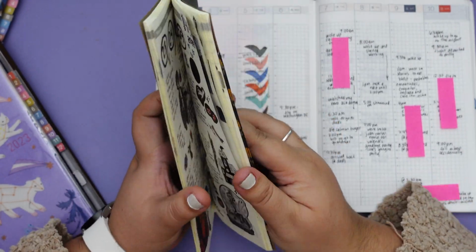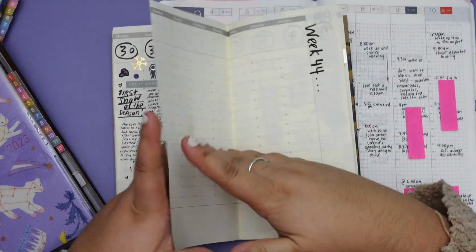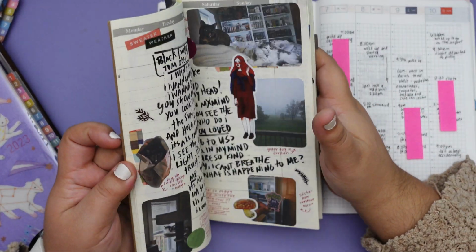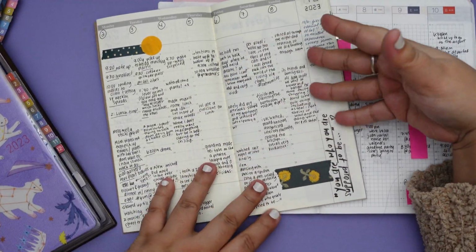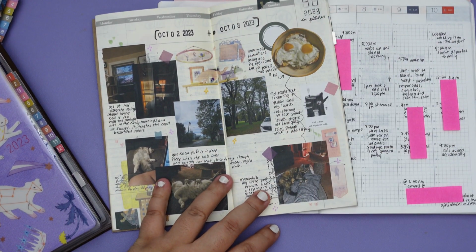If not, then this will continue into the next year, right? Because I really enjoy looking through the spreads, and even if I don't read it, because sometimes I don't necessarily want to read it, I particularly enjoy the visual aspect of it. So